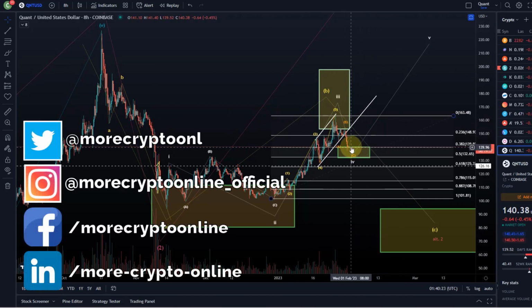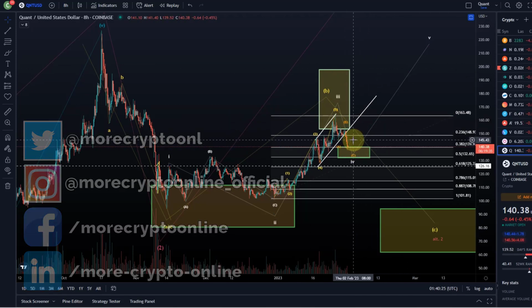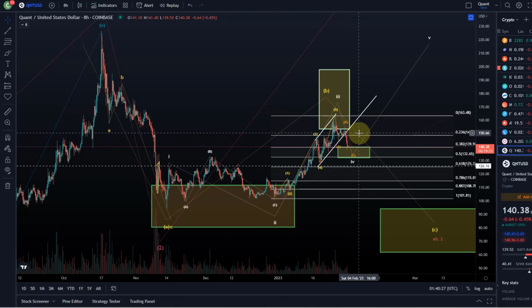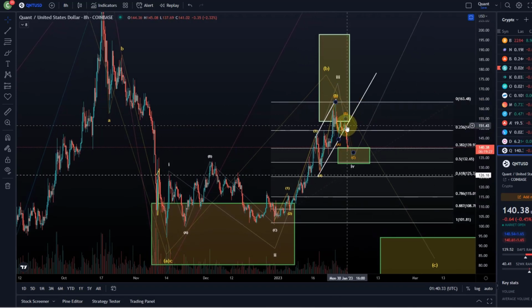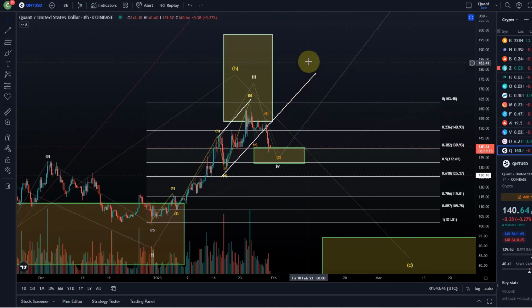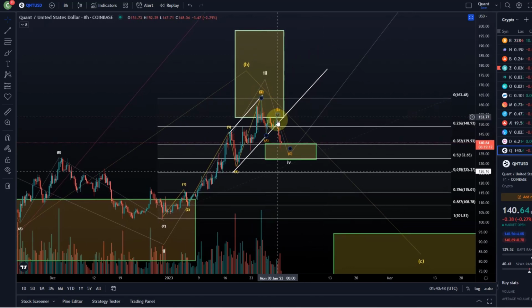QNT is now in our support area here that we talked about yesterday, I think it was. That means target reached. When we broke out of this channel to the downside, that was basically the signal that the C wave has started, or the possible C wave. I think it is a C wave. It looks like a three-wave structure, which is currently coming down here.